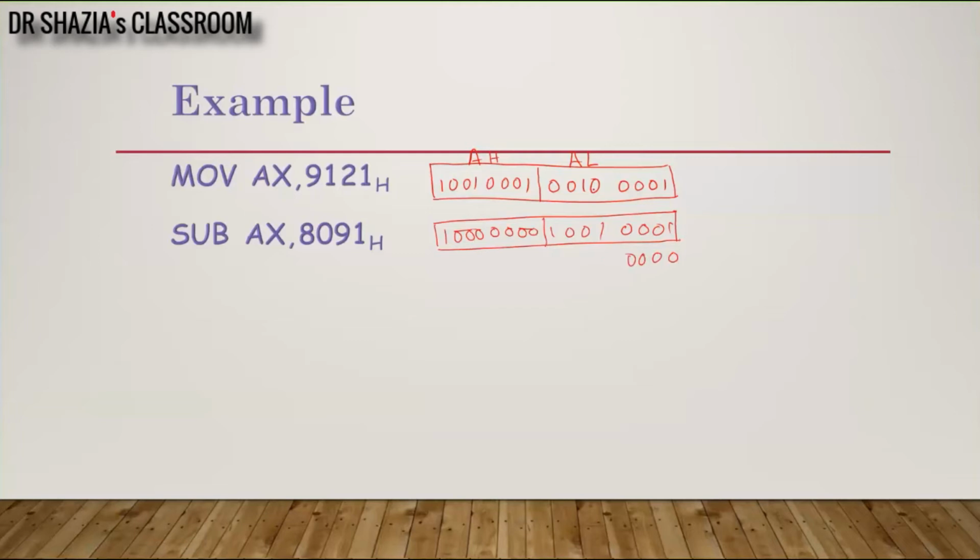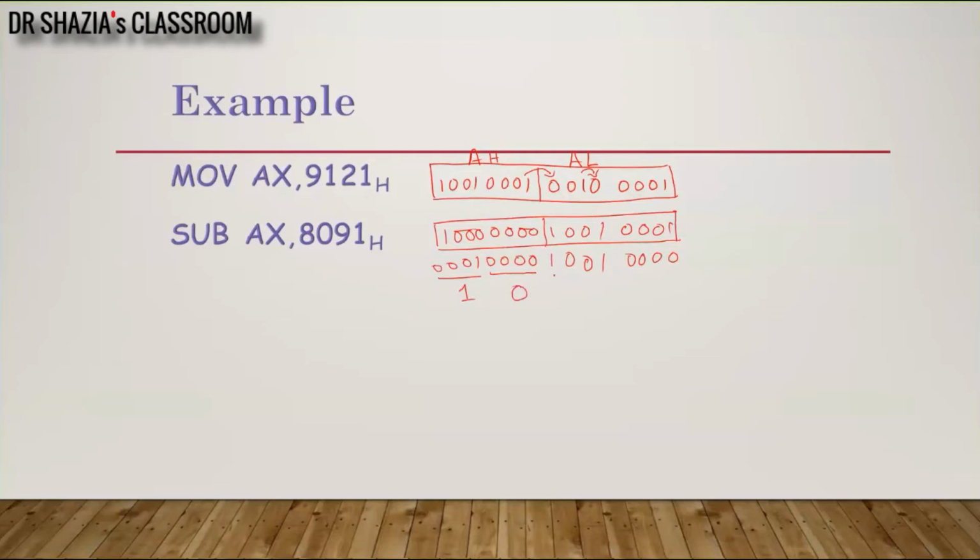Here we have to subtract 1 from 0, so I need a borrow. We will take a borrow here. So 10 minus 1 will be 1. As I have taken a borrow, this digit will be replaced with 0. 0 minus 0, 0 minus 0, again 0 minus 1, so I have to take a borrow again in this case. 10 minus 1 will be again 1, 0 minus 0, 0, 0, 0. 1 minus 0 will be 1, 0, 0, 0. So my result will be